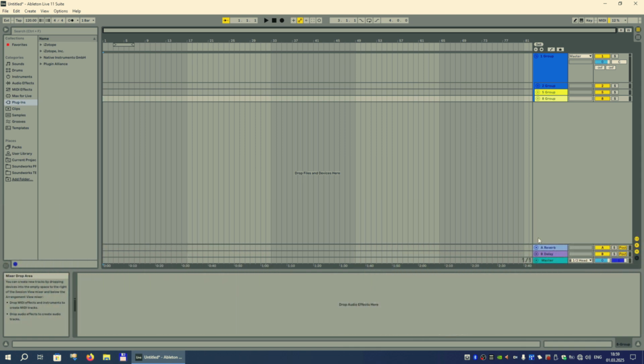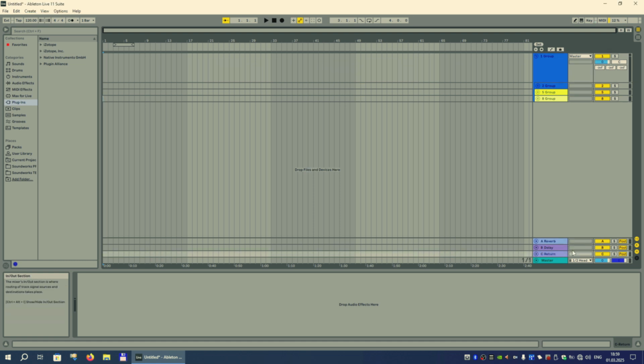To add a return track, you need to go to the same menu as with audio tracks and choose Insert Return Track. Actually, you'll have two return tracks by default, and their names are reverb and delay. And basically that's the idea behind these tracks. With their help you can apply resource-demanding effects to multiple tracks without overloading your computer CPU. You have full control over exactly how much of an effect you need on a track-by-track basis, including group tracks.